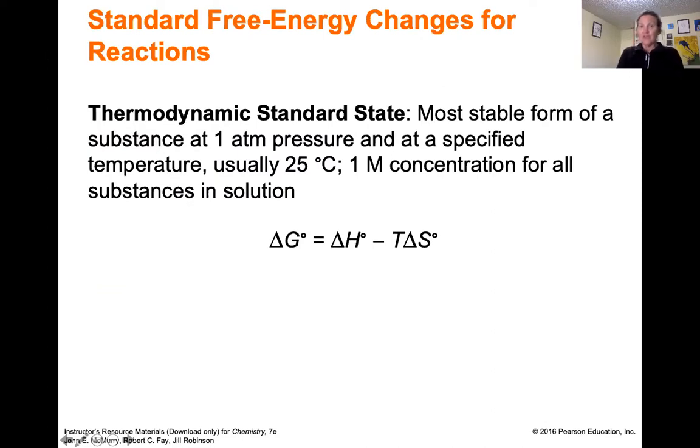So we're going to use Gibbs free energy changes to decide if something's spontaneous. It's easier and simpler than trying to think about the second law directly and getting delta S of the surroundings and making sure we understand what we're talking about. When we get these out of a table, the standard state, remember, when it has that little circle or naught sign, means we're talking about the most stable form of a substance. Our tables are at 1 atmosphere and 25 degrees. And if we have a solution, everything's at 1 molar concentration when you take it from the table.